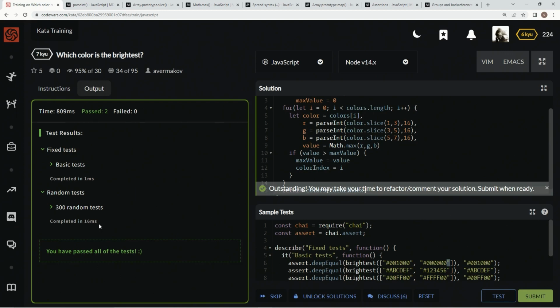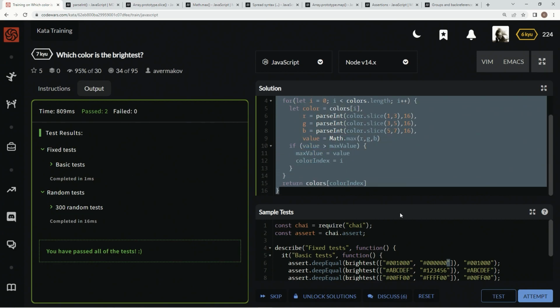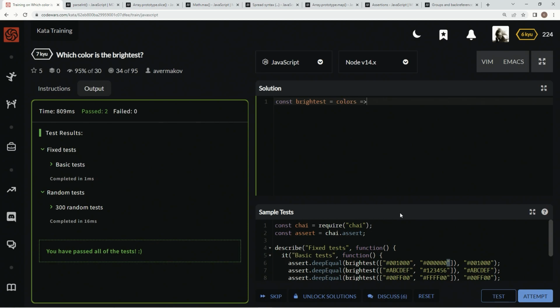Now, this concise syntax is a little bit confusing, but I'll try to explain it as best I can. So we're going to do const here, brightest equals colors, take out this parentheses, take all this stuff, turn it into an arrow. All right. I'm going to come down here to save some space. You can do what you want. We're going to start by saying colors dot